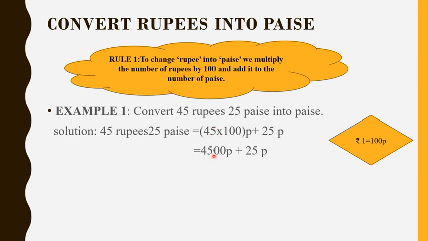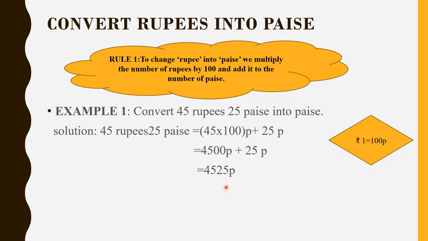Okay, 45 into 100 is 4500 paise, plus we will bring down 25 paise as it is, and then the rule says add it to paise. So add the number of paise. 4500 plus 25 is 4525 paise,